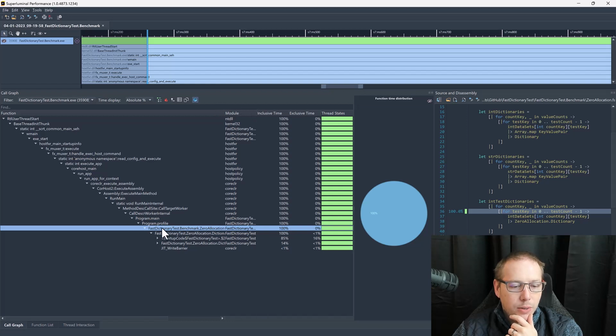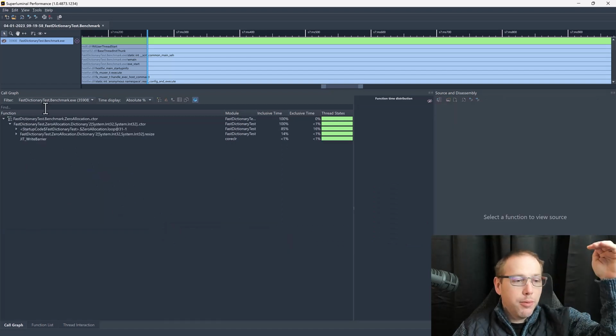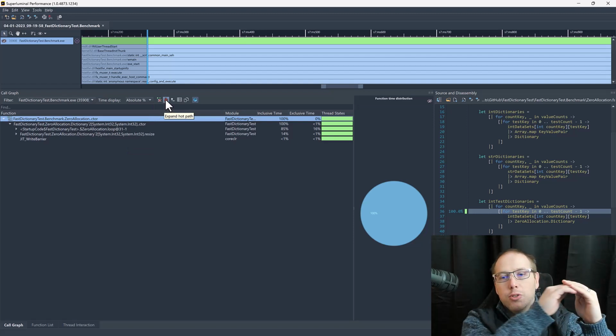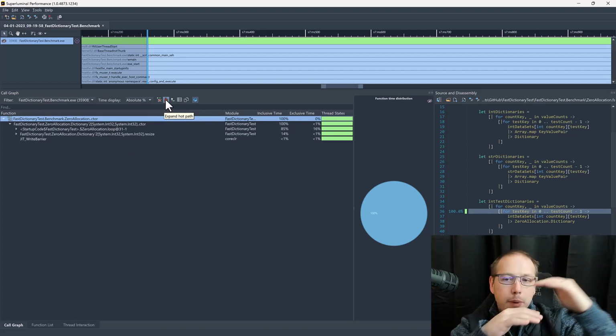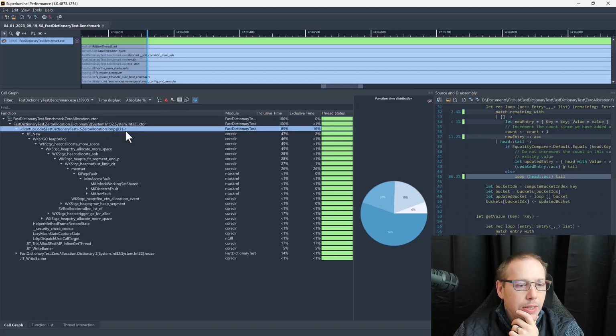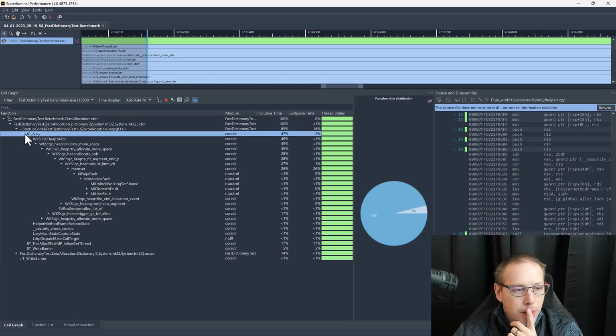I'm going to right click on this and say, hey, I want to set this as the root. This is the top level thing I want to be looking at. So now we're zoomed in. We're just looking at the constructor and the calls that the constructor makes. And there's this other button here, which is expand the hot path. Superluminal will automatically open up the methods where you're spending the most time. And it's here. So we're inside the loop, and JIT new, we are spending all this time